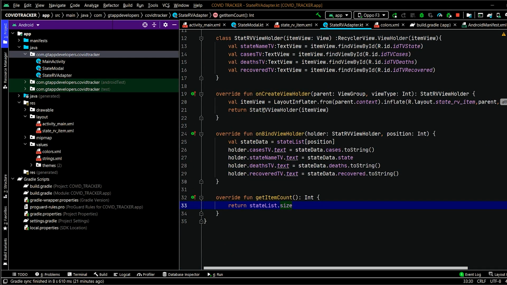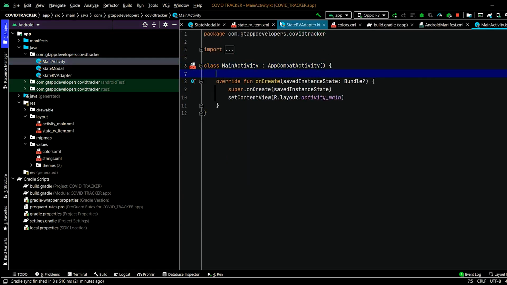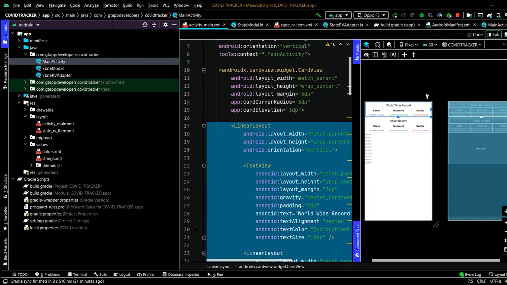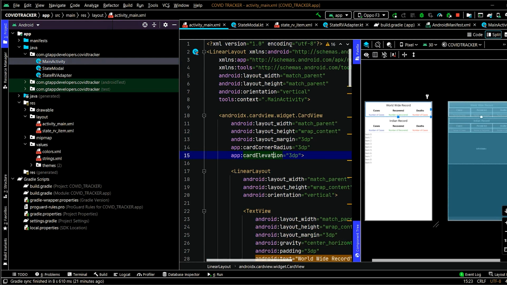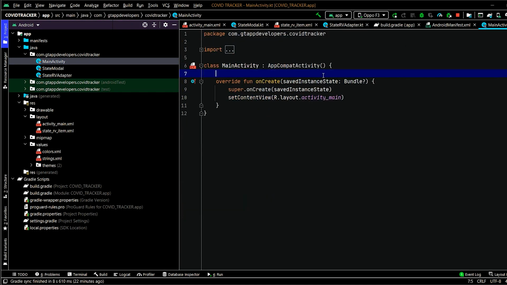Now we will move towards our main activity.kt file for initializing the views inside our activity_main.xml. Now we have to create variables for our views such as text view, recycler view, and others.